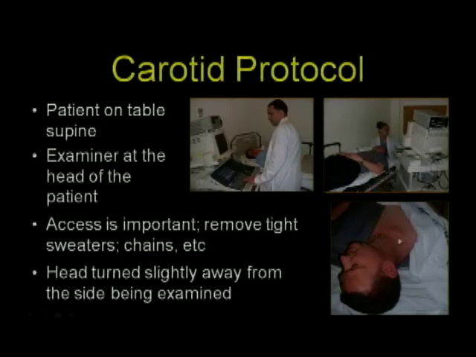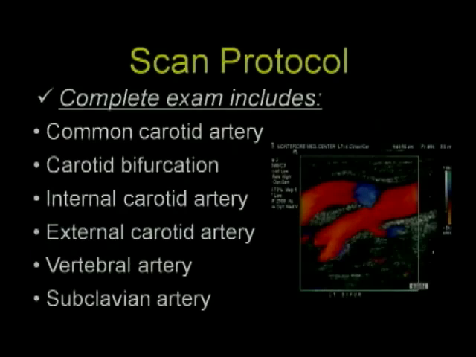chains that would get in the way of our ability to access the carotid arteries in the neck. The examination starts with the patient's head turned slightly away from the side being examined. We always start with the right side, and all complete examinations include evaluation of both the right and left carotid arteries. A complete examination includes visualization and interrogation of the common carotid artery through the level of the carotid bifurcation,